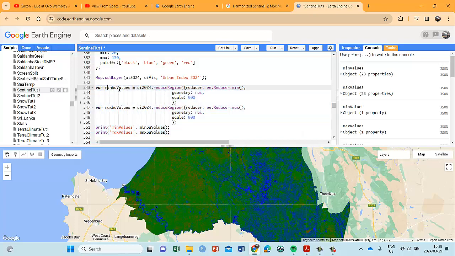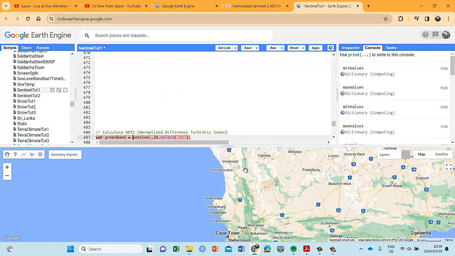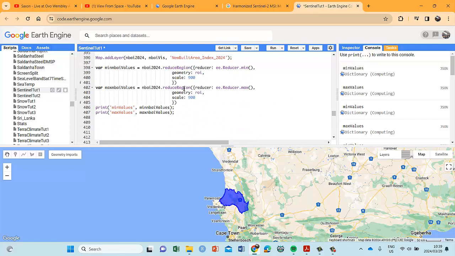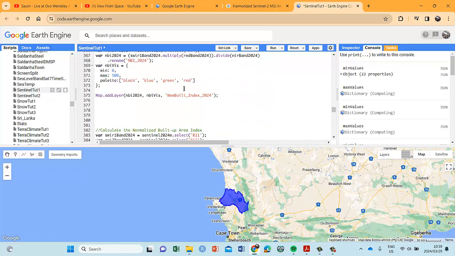I can now call it different names here, but that's not a main issue. So we're going to generate this min-max now. We're going to take this image and generate the minimum value. I'm going to take this image or layer and create a maximum value for my region of interest. Remember, I keep my scale at 900. By trial and error, I found this to be the better option. So let's run it. I'm not going to change the images now because we're going to rerun it as soon as we change the